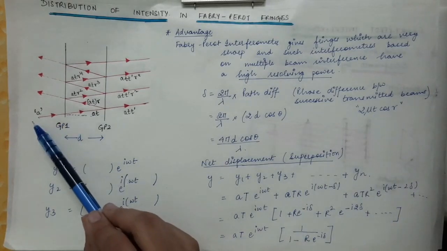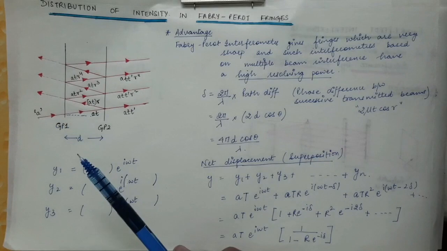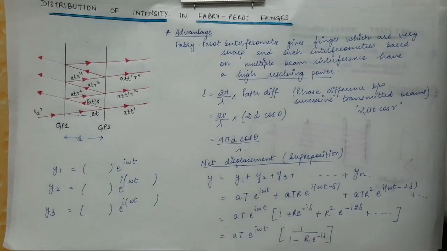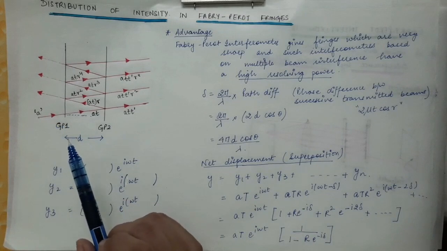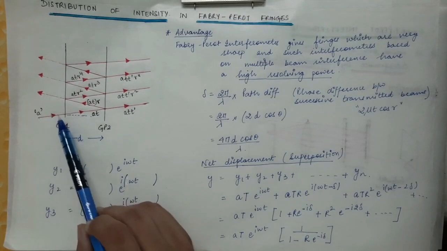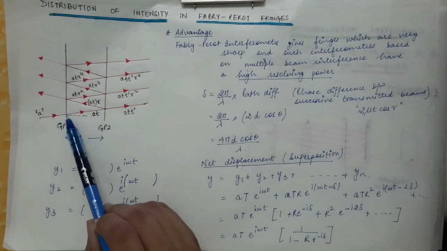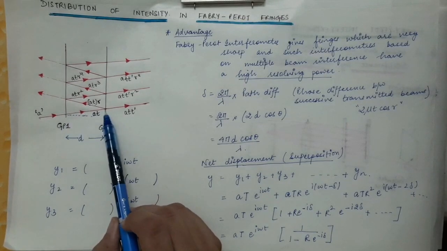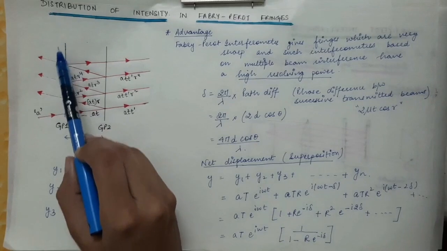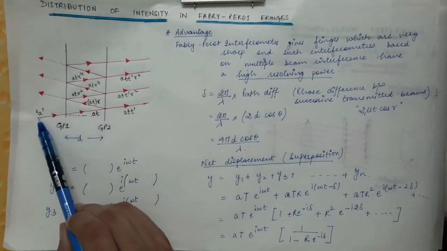So in this, the incident ray is falling at an incident angle of theta. So let's say it is falling at an angle of theta. So this will be the transmitted ray, because there is a plate over here, and the incident ray